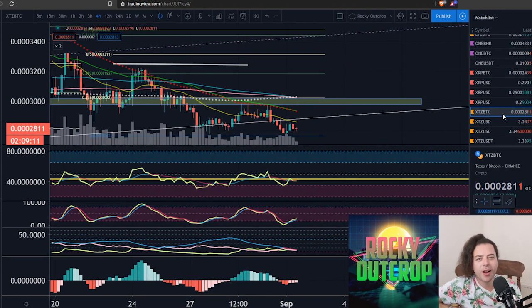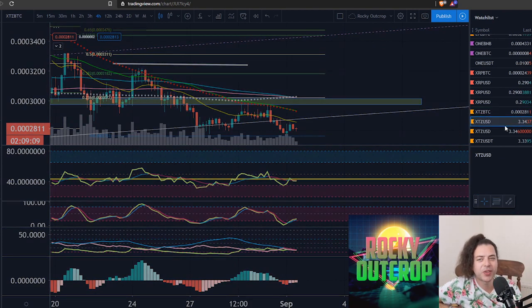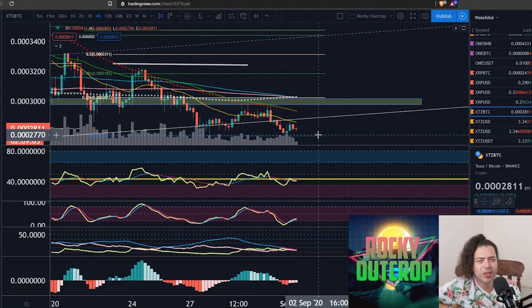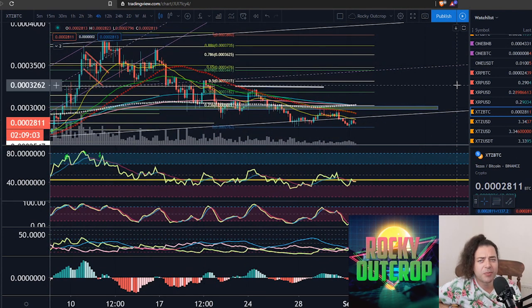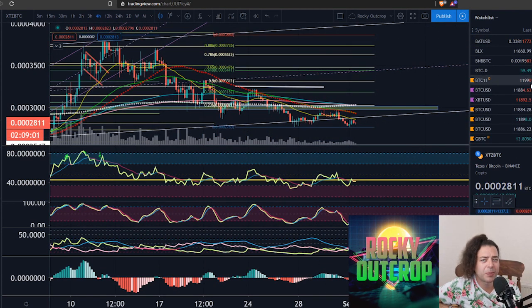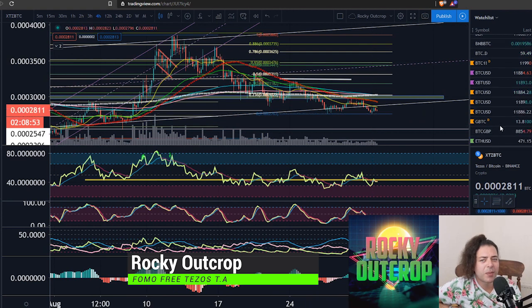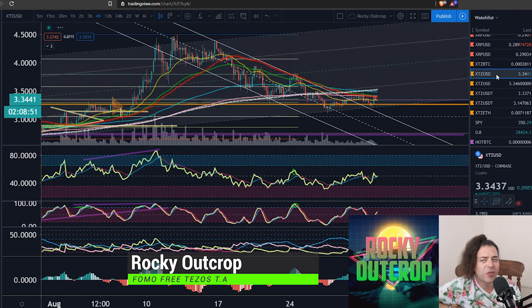Friends, here we are, Tezos versus Bitcoin, Tezos versus dollar coin. What do we have? Bitcoin pairing? Well, Bitcoin's strength over the last day has seen it rise towards the top side, just checking with the prices there now, and we're currently in amongst that 11,900 territory, which has pushed the pricing on this pairing down the way a wee bit, giving up one of those dynamics where you can see that over here on the dollar